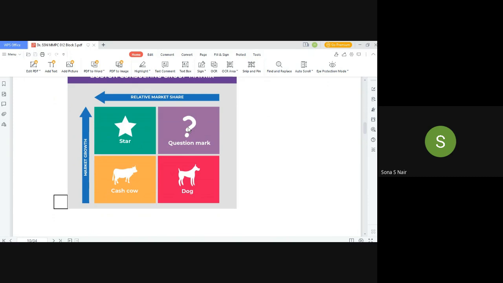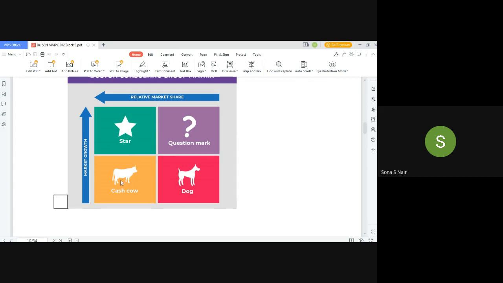It has a relatively less market share, but it is in an industry which is growing very fast. So it is possible that with the right kind of strategies, this question mark will become a star. What will be a star? A star is a firm which has a good market share, is a good player in the market, and is in an industry which is growing very fast, still growing. Okay, so question marks need investment, stars need a lot of investment. I'm putting it very shortly. And if the stars are invested in, and if they are in the industry for a long time, they might become cash cows.